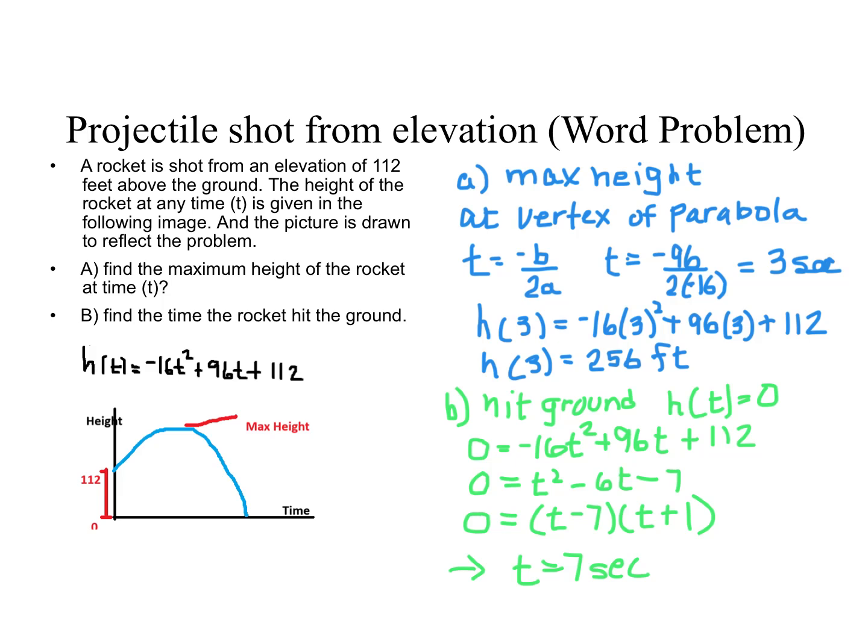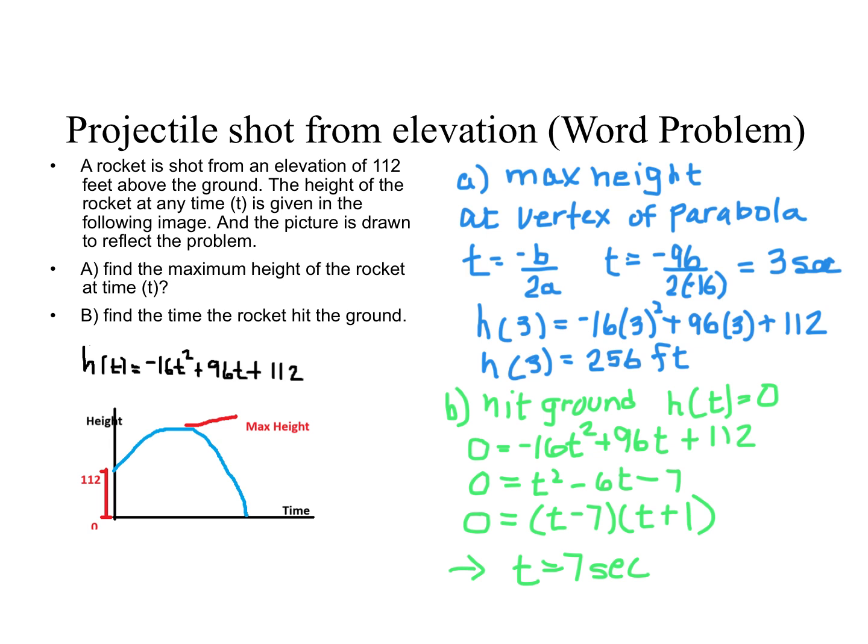This problem is in chapter 9.6, and there's a number of word problems where a rocket is shot from a certain elevation or launched. So in this project, a rocket is launched from an elevation of 112 feet above the ground. The height of the rocket at any time t is given by the following image down here,